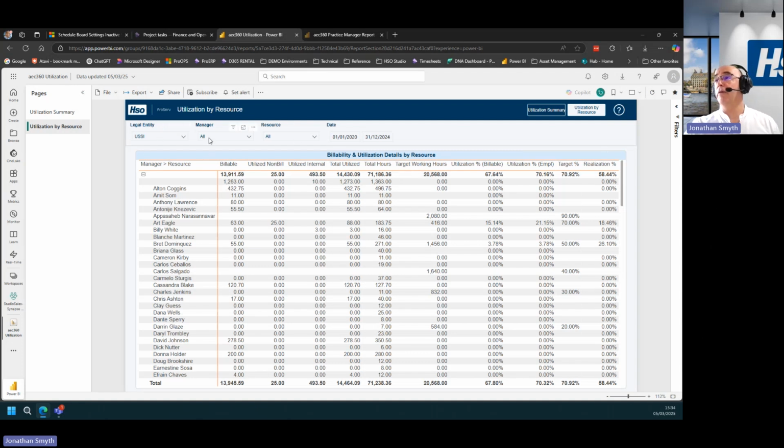But additionally, we've got the ability to introduce some filtering just up here at the top too. So, our first filter is looking at legal entities, because this specific report is looking across all of the various different legal entities. And then, an ability to search by manager or by resource, or perhaps to filter in just on specific dates. So hopefully that gives you a bit of an idea into the way that we can make best use of our valuable resources within a project planning framework.